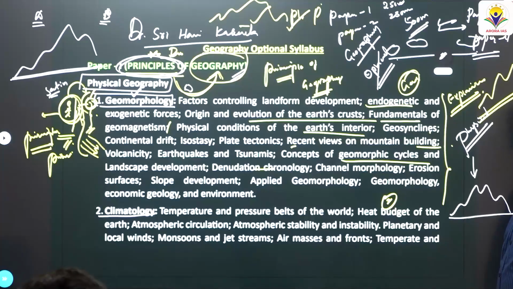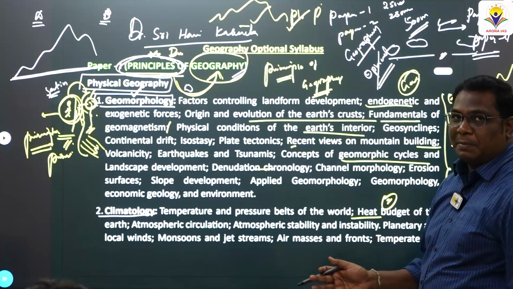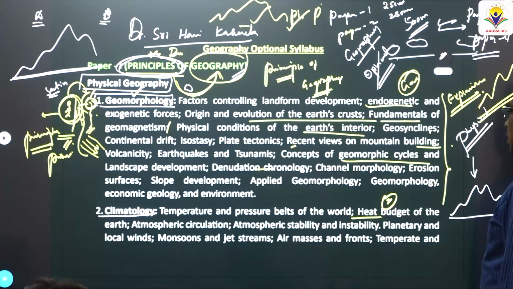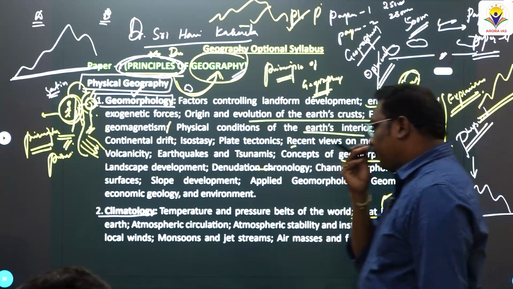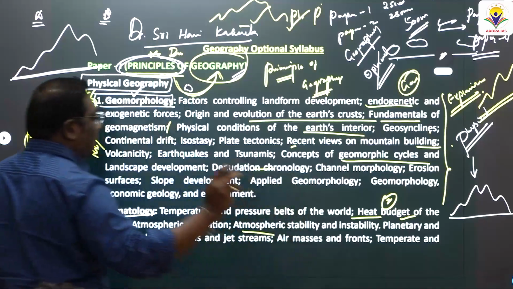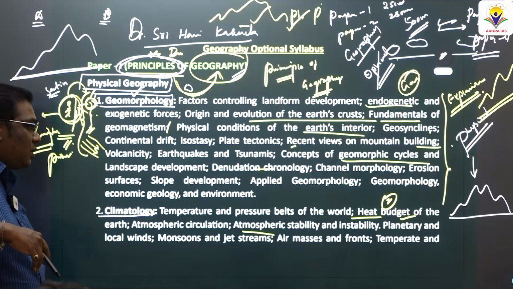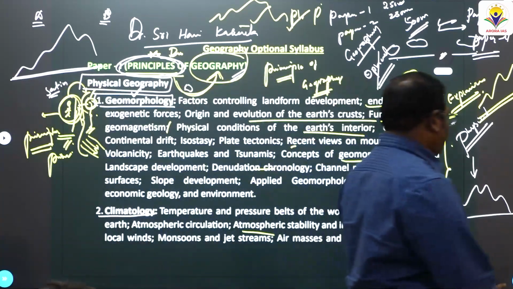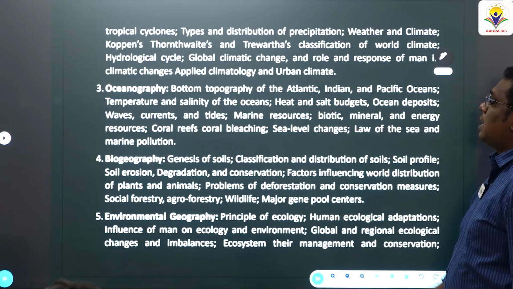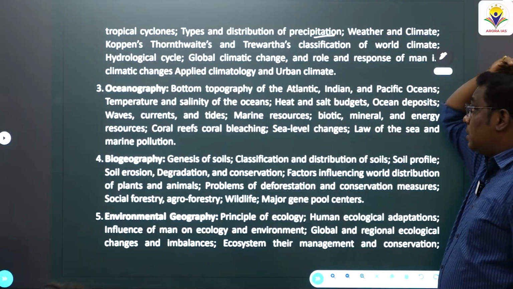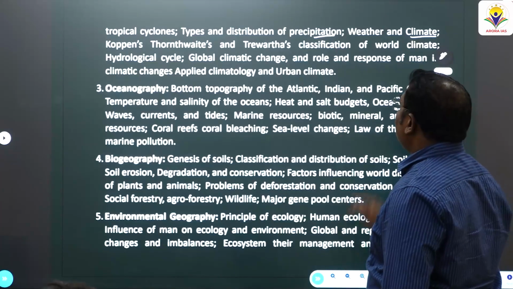Then we will move on to climatology. Temperature and pressure belts of the world and the entire climate, the atmosphere, its structure, temperature and pressure belts of the world, heat budget of the earth, atmospheric circulation, atmospheric stability or instability, planetary and local winds, monsoons and jet streams, air masses and the fronts, and tropical cyclones and temperate cyclones, distribution of precipitation, weather and climate, and Köppen's, Thornthwaite's and Trewartha's classification of